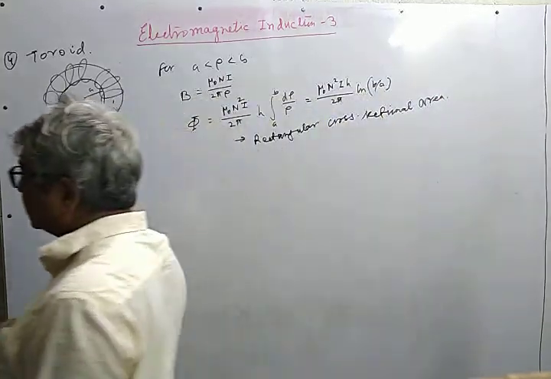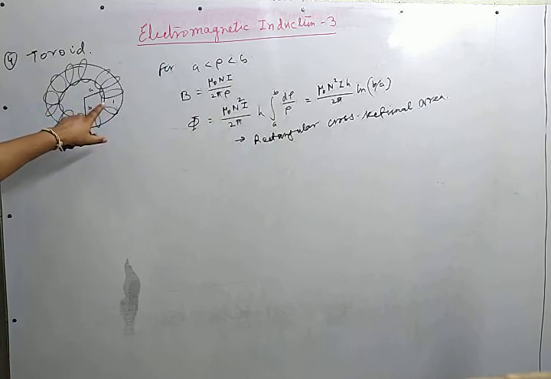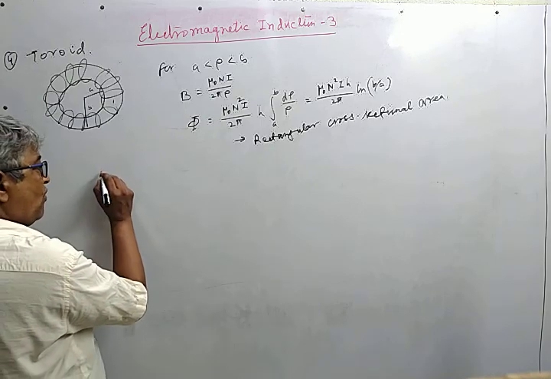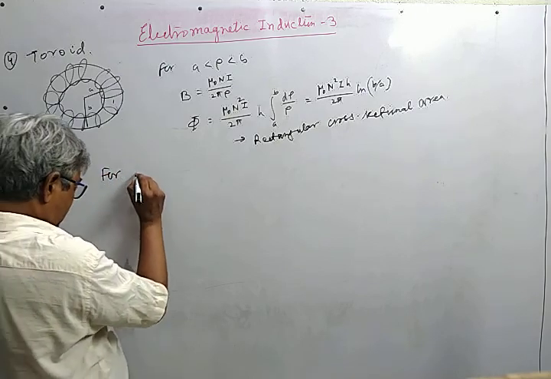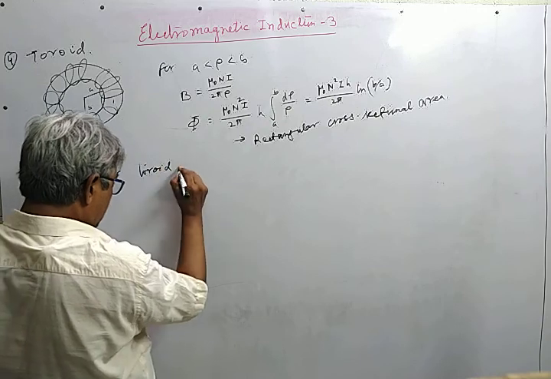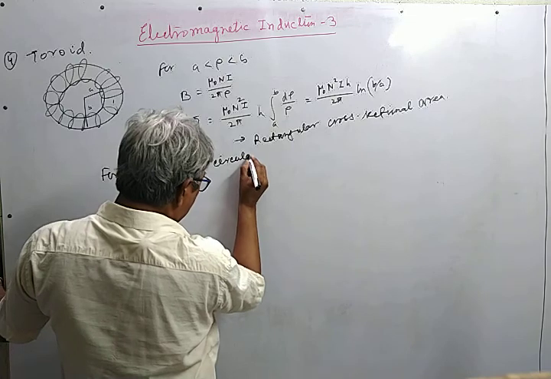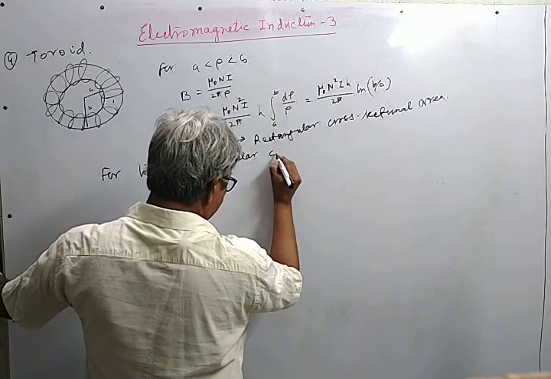For a circular cross-sectional area, if we consider the circular cross-section of appreciable area, then the field varies across the circle and the calculation becomes very tough. So we consider, for a toroid cross-section,